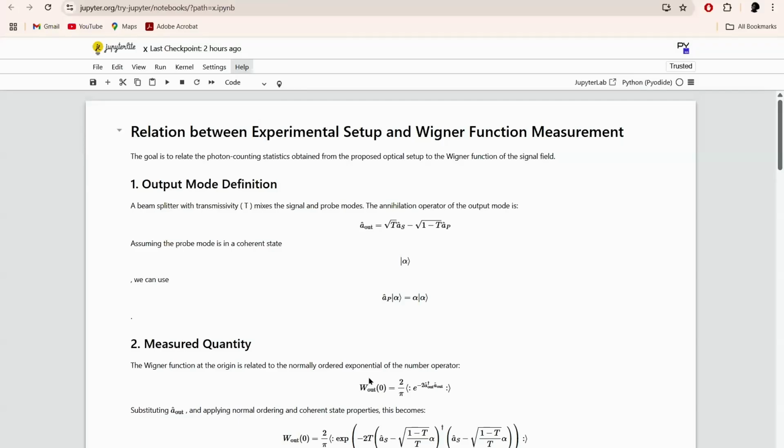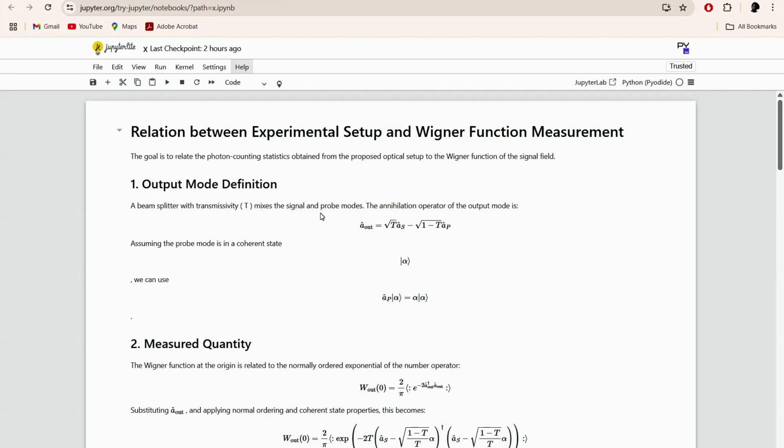First of all, I would request you all to look into my Jupyter notebook. Before coming to the experimental setup, I would like to tell you why we are measuring the photon counts of the output state. How can we relate the photon counts of the output state with the Wigner function of the signal? There was a reference paper, and what we have done is